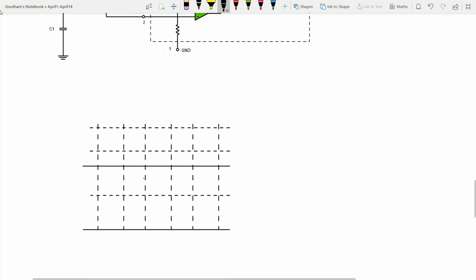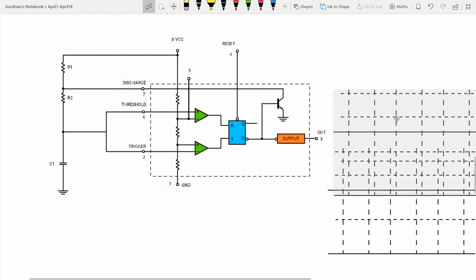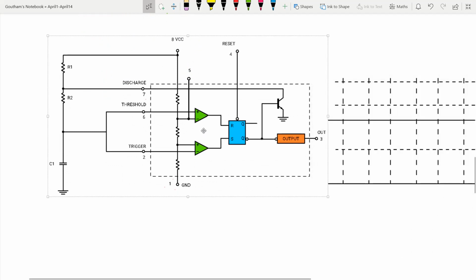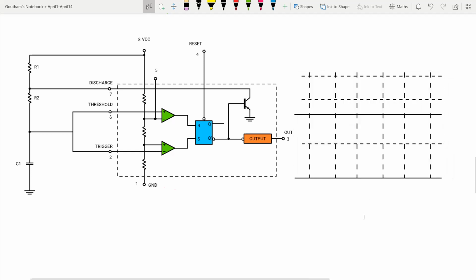Okay, let me have this here. Okay, so that there will be better understanding. Okay, right. Okay,